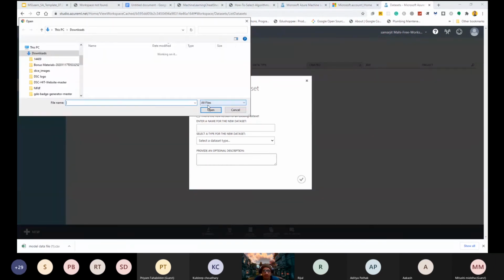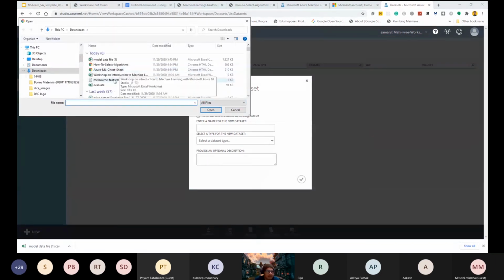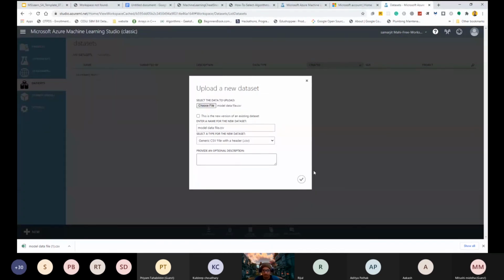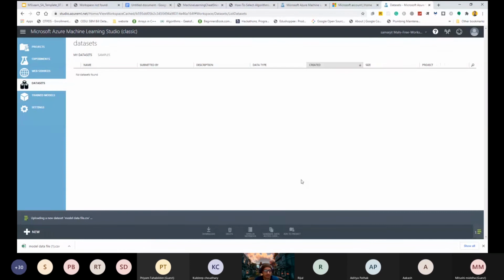I will choose the file, and the file name is model data file, which is in CSV format. It starts uploading. It will take some seconds.